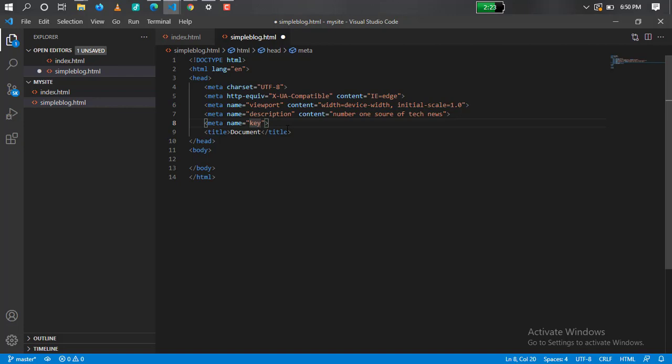It described our website, right? But this is keywords. Key, word. Yeah, keywords, right? And then what's going to be the content? Content. It's an attribute as well, right? Can you see now? Once you click it, it's going to give you the equals sign and the double quotation marks. Now, I was talking about tech news, right? It can be